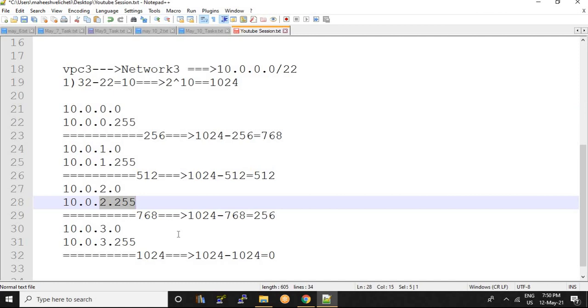And in the previous session I told you about how to create a VPC. In that VPC class also, many people may have some doubts on CIDR notation. So before creating that VPC, you just have a glance at this video. How to create a VPC, I will share my link in the description. So please watch it. If you want to learn VPC also, you can see it using that link.